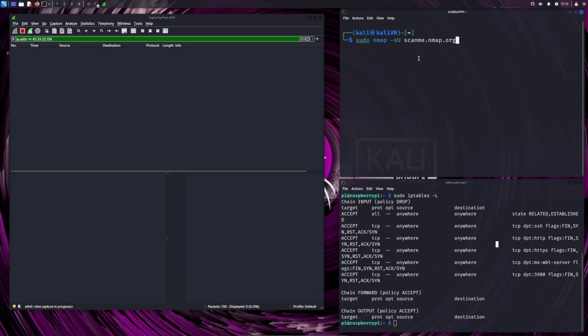Another important thing to note is that UDP scans take much more time than TCP scans. We have seen that a TCP scan takes a few seconds to complete for 1000 ports. A UDP scan for 1000 ports takes like 10-15 minutes. So I am not gonna run a full UDP scan in this video, but I have already run a UDP scan against